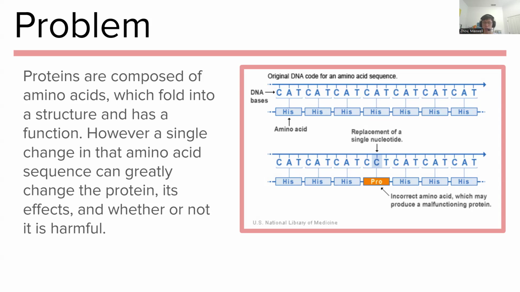Because we can't predict how it changes, we don't know how every single mutation for every single protein changes. We wanted to be able to predict that using an AI model.